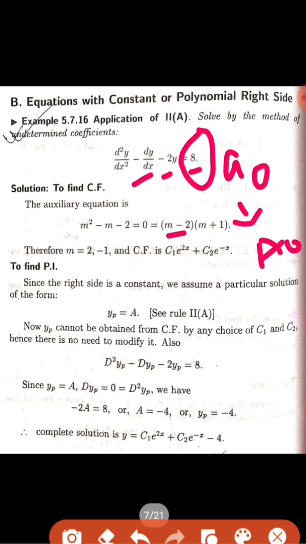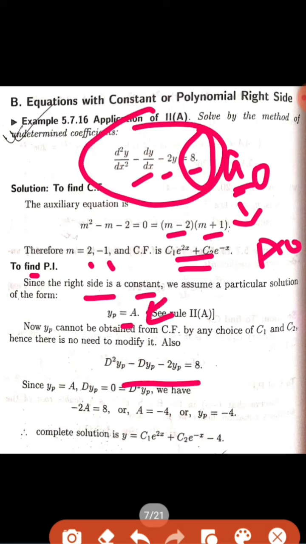Now the auxiliary equation is (m minus 2)(m plus 1), that is, the value of m is 2 and minus 1, so CF is this. There is no role of CF in this case. In polynomial cases, the role of CF is only in exponential cases, that is in the previous ones, 1a, 1b, 1c. In polynomial cases there is no role of CF, sorry. To find YP, the right hand side is constant, so you have to put YP equals to a. Now put the YP in this mother equation.